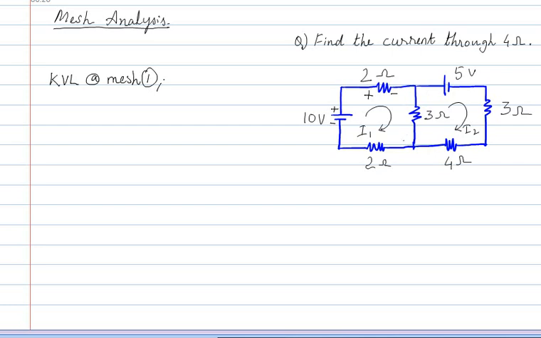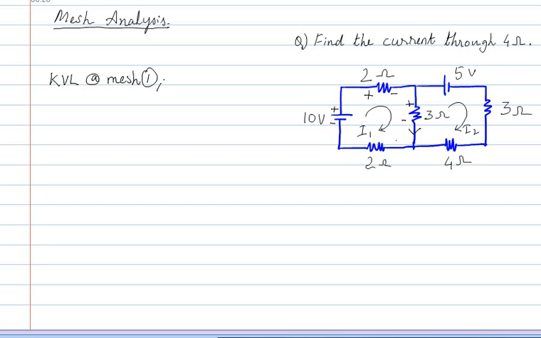And here the current that we are going to have is going to flow down, and that will be I1 minus I2. Okay, it will be I1 minus I2. Why? Because I have drawn it going down. Why? Because it belongs to the first mesh. So in the first mesh, since the current is flowing in this clockwise direction, I am considering the 3 ohm resistance to have a current flowing in the downward direction, and since the current is flowing in this direction, this will be positive, this will be negative.